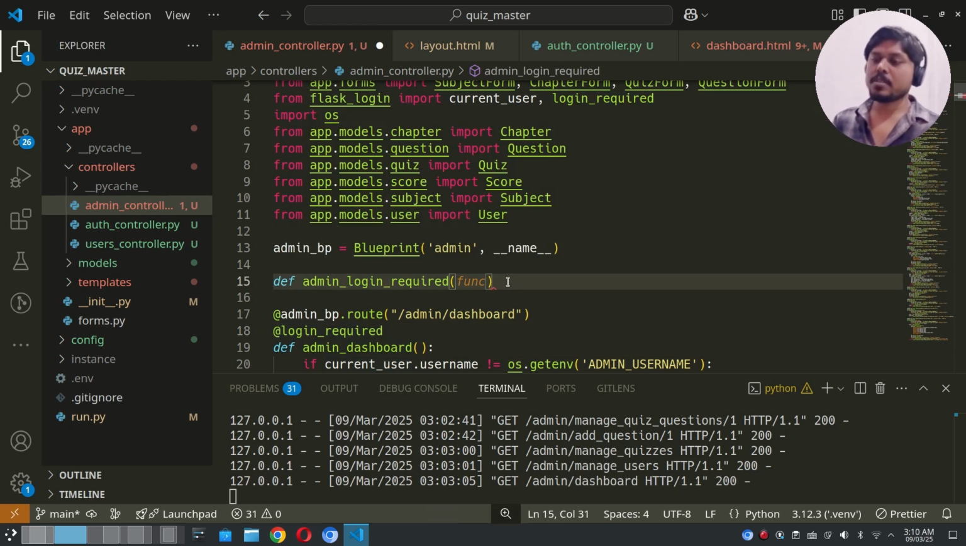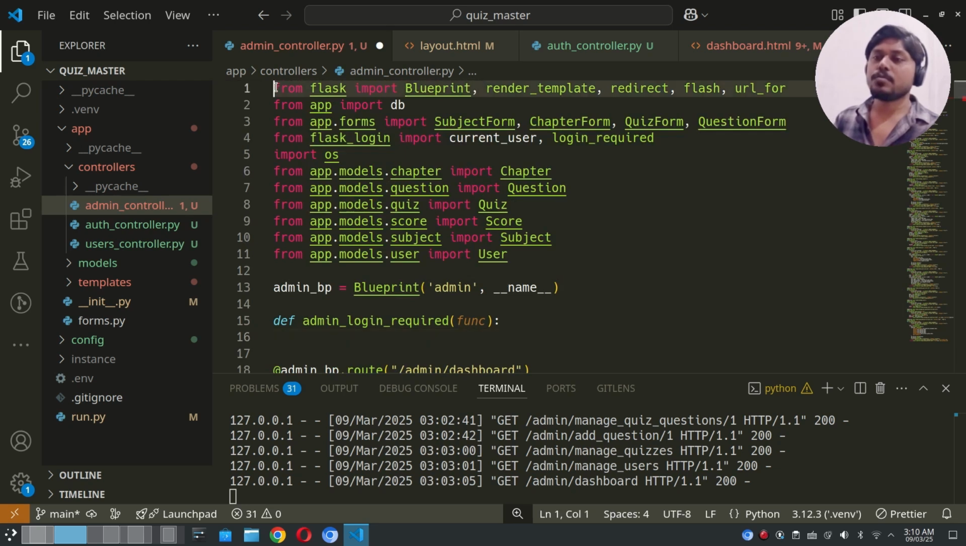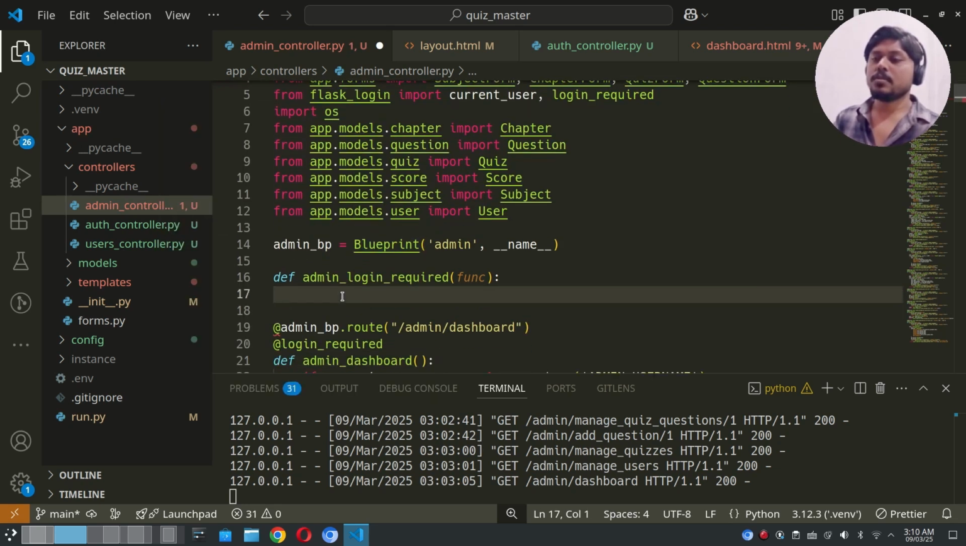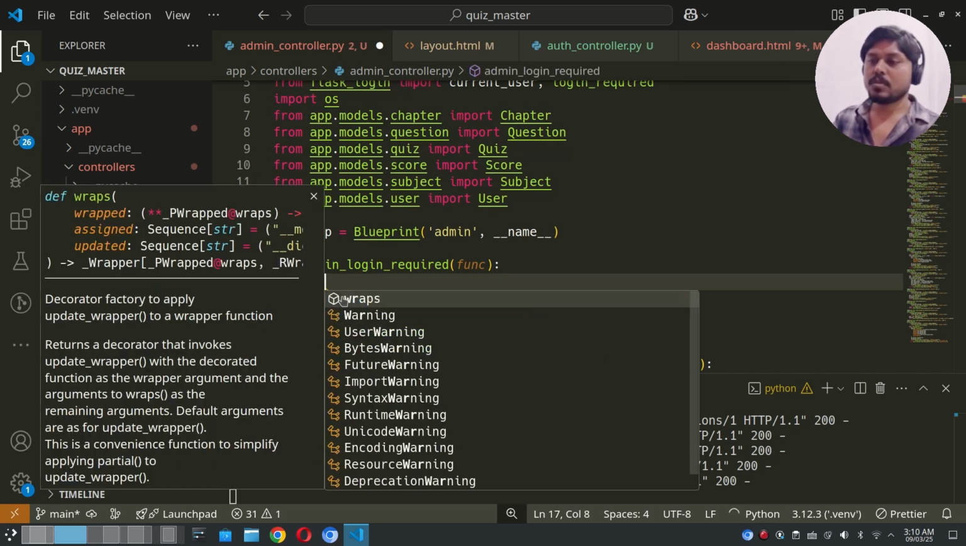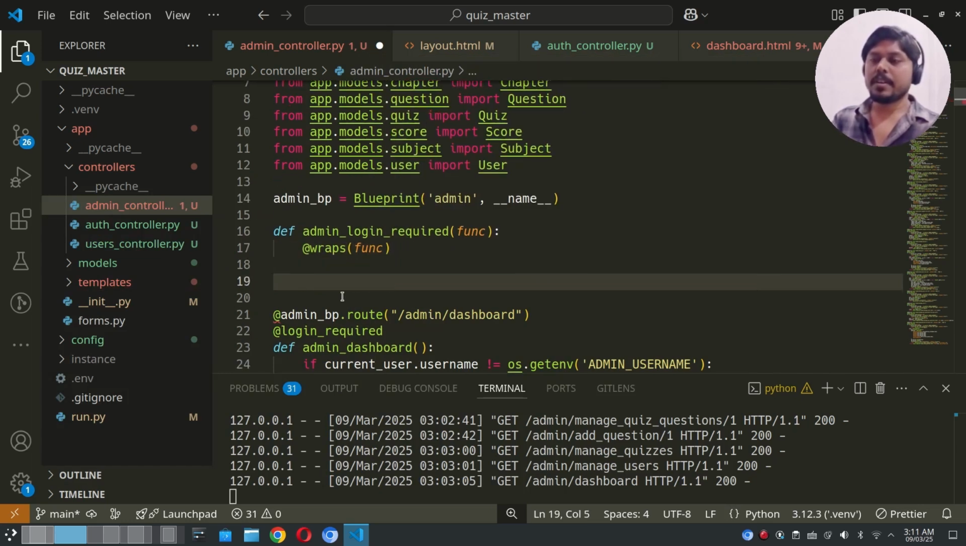So admin login required, pass the func, and then wraps we have to use from functools. So from functools import wraps and use the wraps to have func, and then create the decorated view function, where in the decorated view basically whatever is provided from the function, like the arguments or the dictionary we pass here. So args and kwargs,